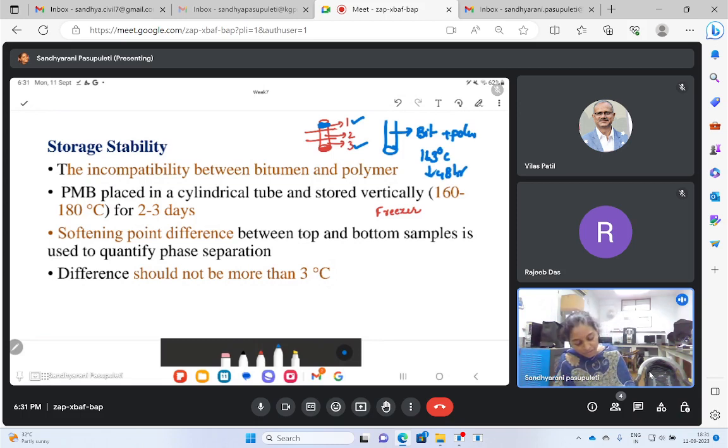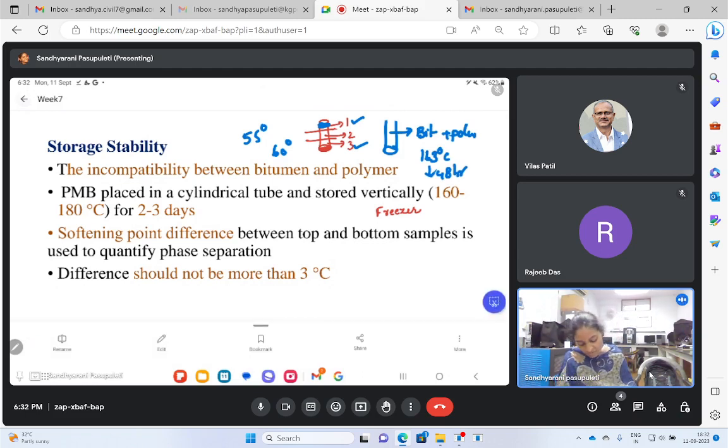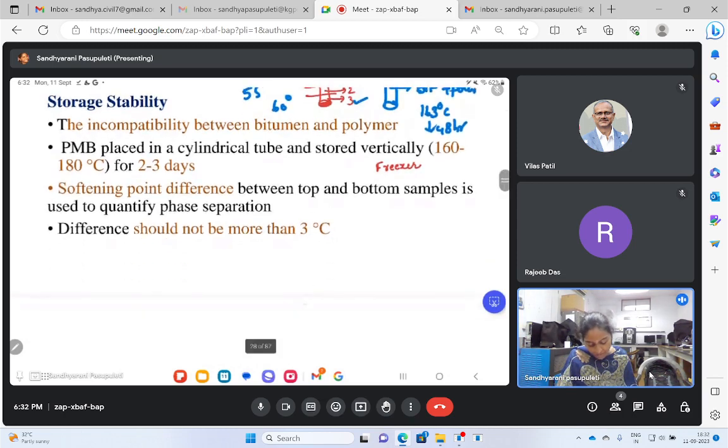If the softening point of portion 1 is 55 degrees, and if the softening point of portion 3 is, let us say, 60 degrees, that means there is a difference in the softening point between portion 1 and 3. It is a difference of 6 degrees. That means one part has become stiffer, the other part is less stiff. That means that a few amounts of polymers could have shifted to one side. If not, the softening points at any location could have been the same, or the difference should be less than 3 degrees. But it has been more than 3 degrees in difference, which implies there is no stability of this